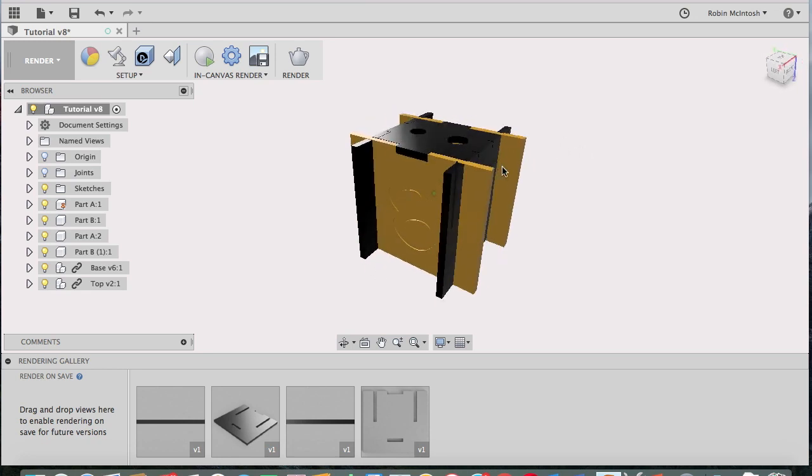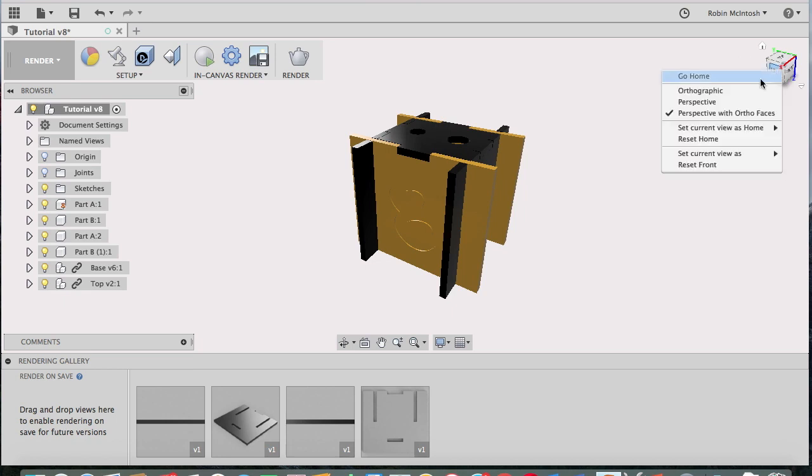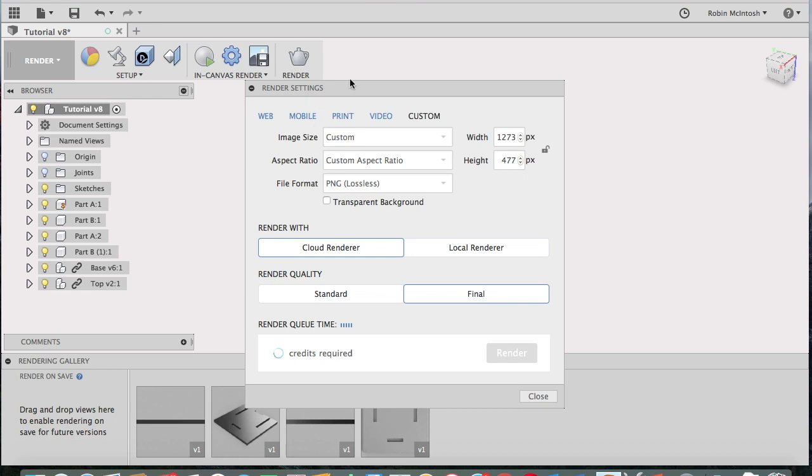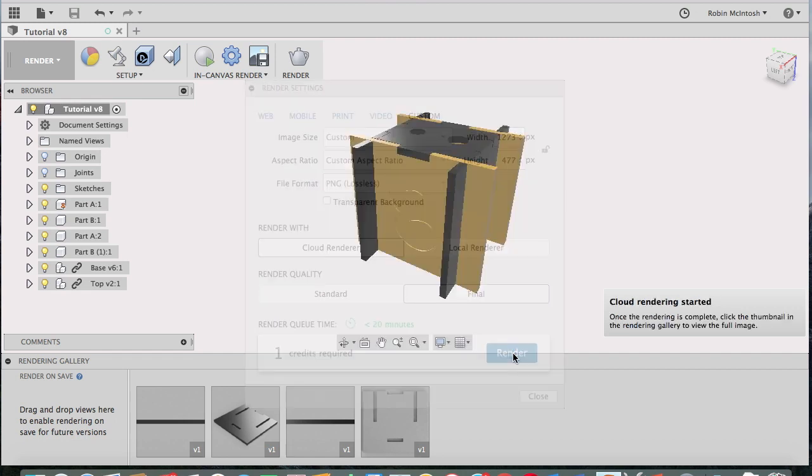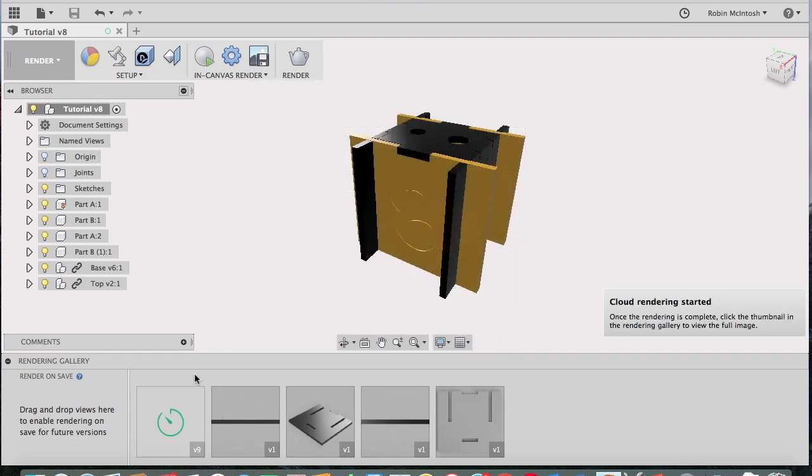So I'm going to get a view that I quite like. If I right click up here, I could change it to fully perspective, and then you can do an in-canvas render, or what you can do is click on this teapot here and use the cloud rendering services. So I'm just going to click render, and that will take 20 minutes. The thing about this is that it will work in the background on the cloud, and it will appear down here when it's finished. So you can just leave that,